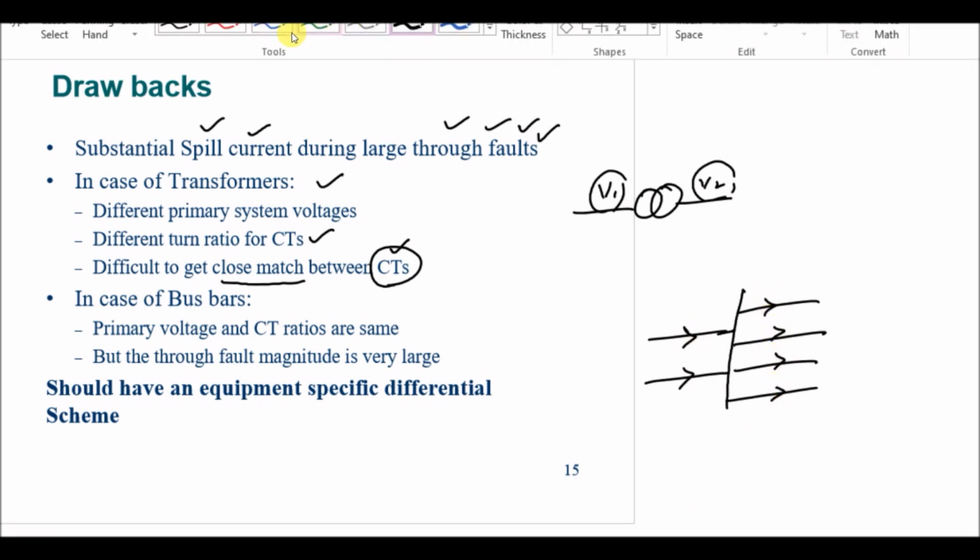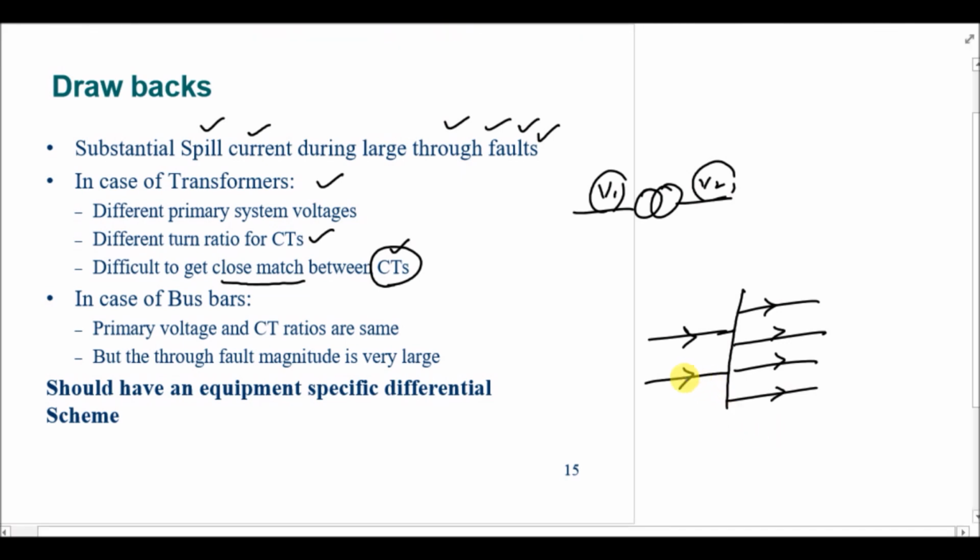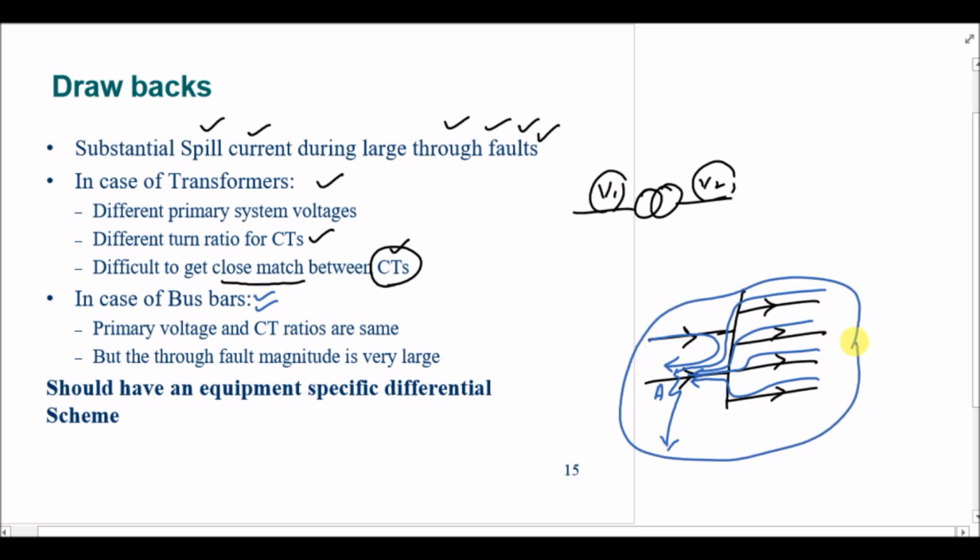In case of a fault, for example, on this line, the current will be flowing from all the feeders to this faulty point, which is, for example, A. So there is one current flowing from this feeder, one from this feeder, the other one from this, and the last one from this. So in case of a bus bar, we have a large through fault. So if it is a large through fault, it means that we have a large error. There is a mismatch between the CTs,